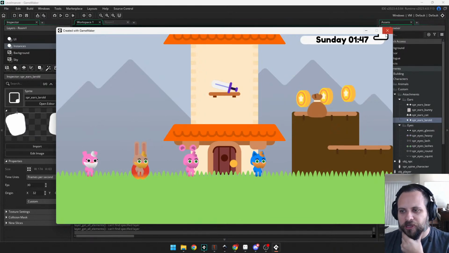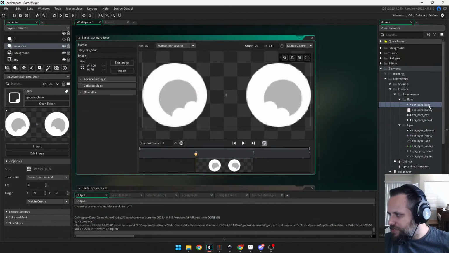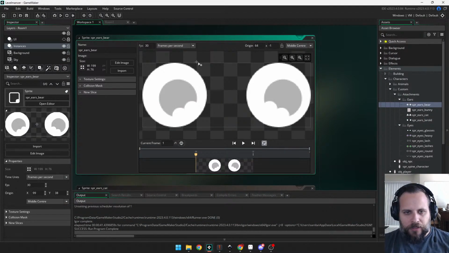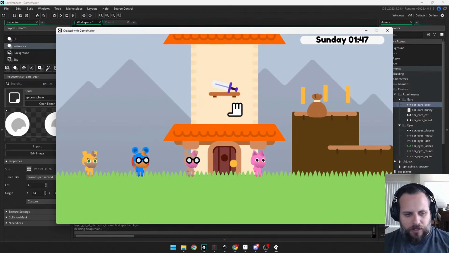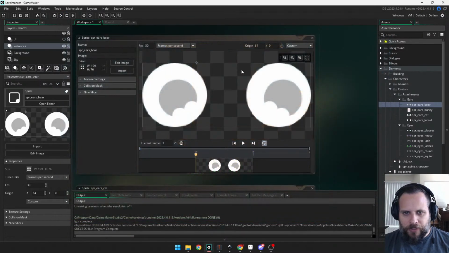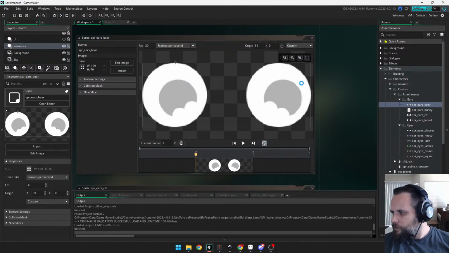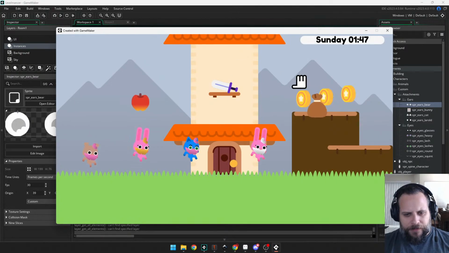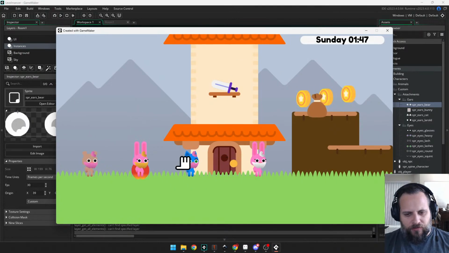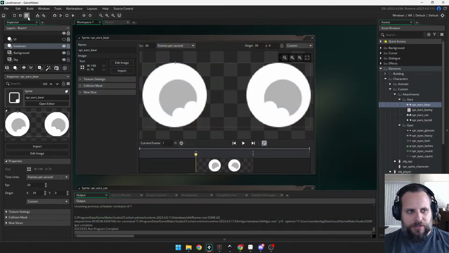I gotta fix these bear ears. They're cramping my steez. All right, maybe like that, perhaps? No, we gotta move them down. Bear ears, there. That's fine. Look, now we got a variety. I don't like the beard on everybody, so let's do